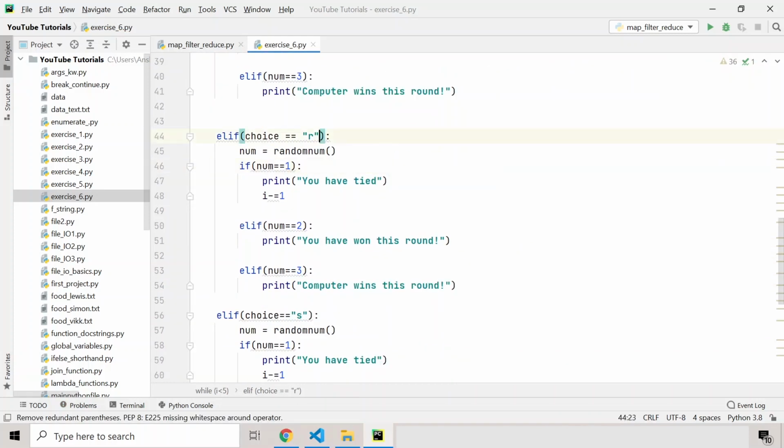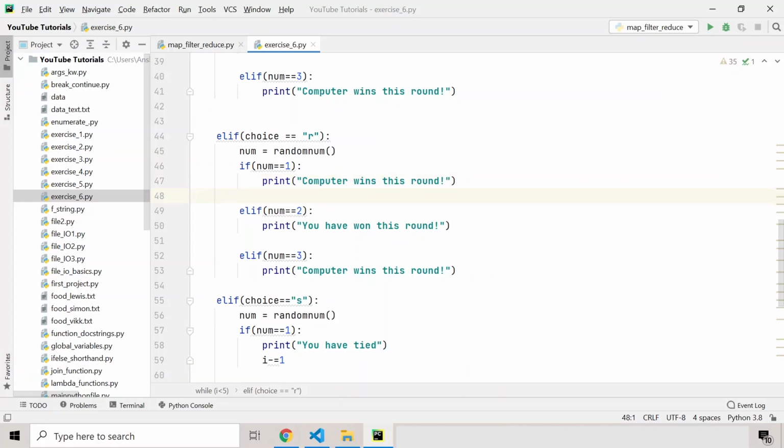As you can see, if the user chooses rock and the computer has chosen paper, that's one, then it should print that the computer has won this round. So I'm going to write "computer wins this round because paper beats rock". And I'm not going to decrement the i because the computer has won and this hasn't tied. After this, if the computer chooses rock and the user chooses rock, then it should be a tie. So I'm going to write "it's a tie",